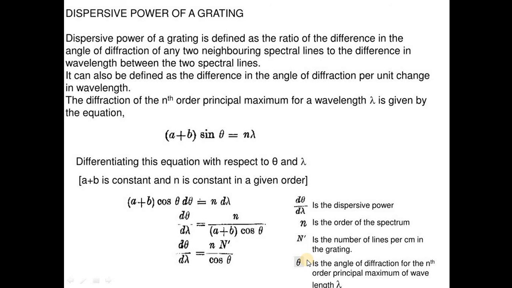So we have discussed the resolving power and dispersive power of a grating, the grating equation, and how to determine the wavelength of light using a grating. Hope you have understood diffraction, Fraunhofer diffraction at a single slit, the plane transmission grating, the grating equation, and the resolving power and dispersive power of a grating. This is the conclusion of your chapter on diffraction, and I'll give you some problems. You submit them as an assignment.